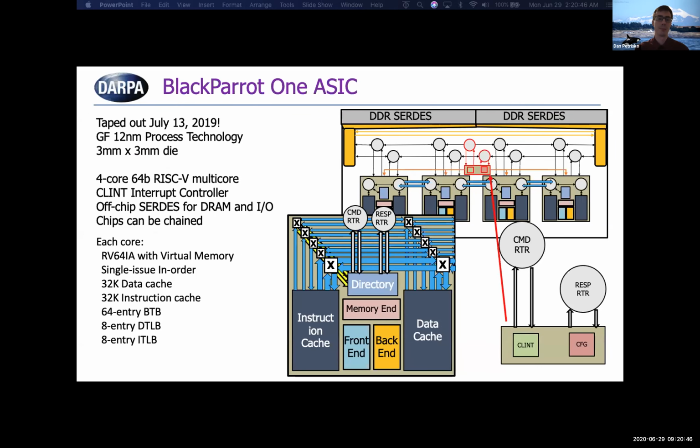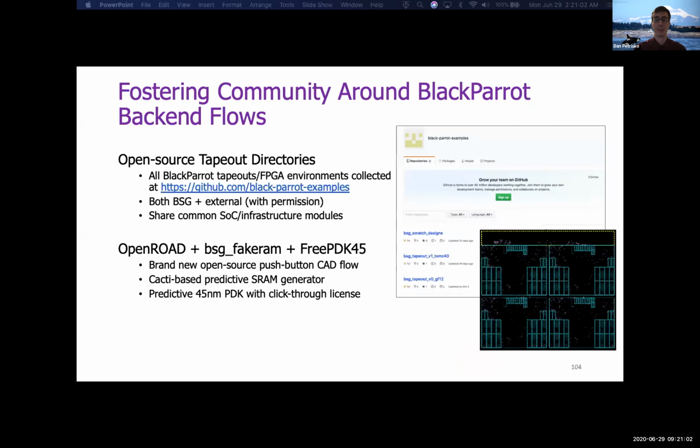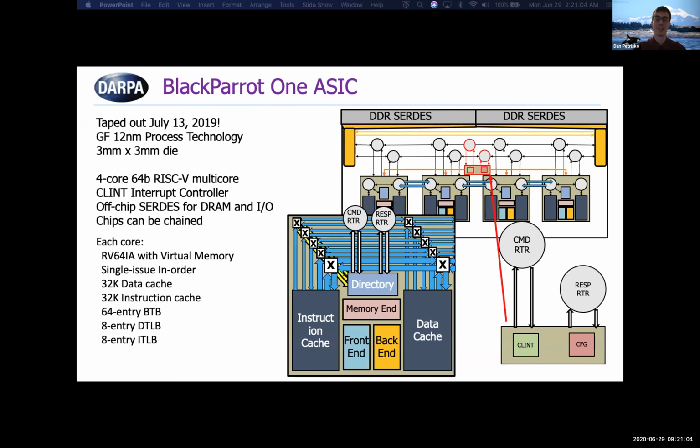So describing this BlackParrot ASIC that was taped out last July, it was a prototype 4-core BlackParrot, and lessons learned from this tapeout allowed us to reduce area, power, and routing by up to 50% in the most recent version. Even tool runtime was cut in half by more aggressive modularization and distribution of resources. And this just shows how important it is to actually go through the process of taping out a chip when you're doing research. These were issues that we couldn't have possibly found in simulation and only come up when you go through the full process of placement and routing.